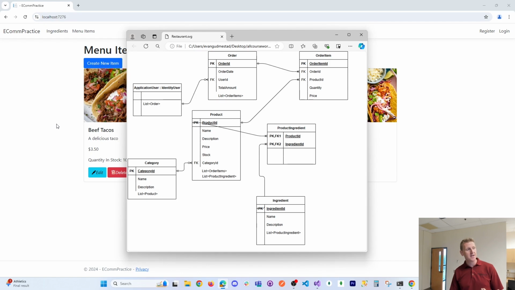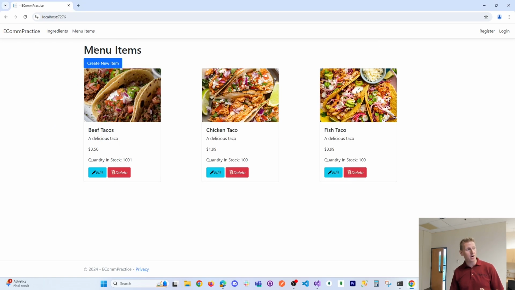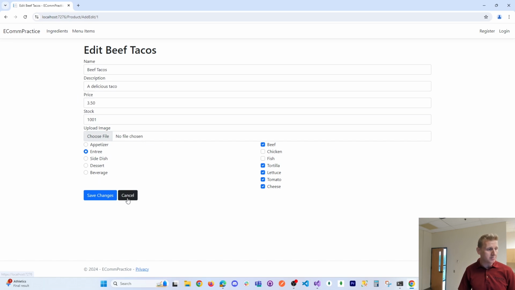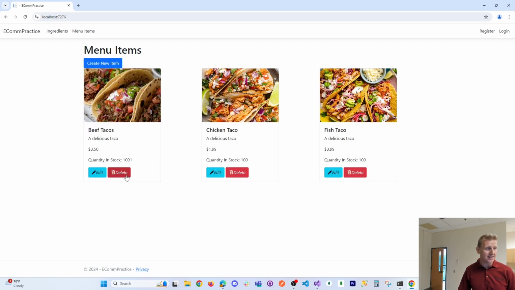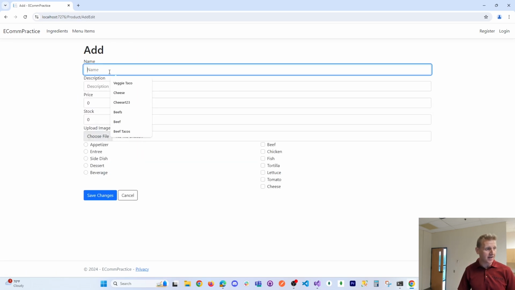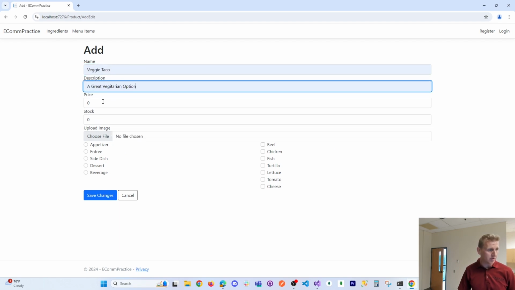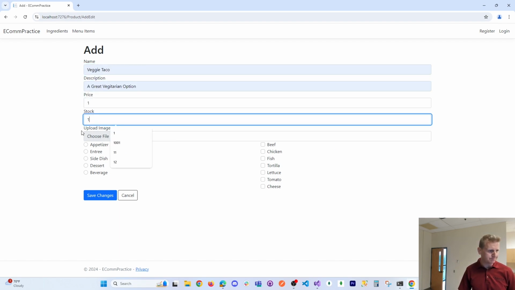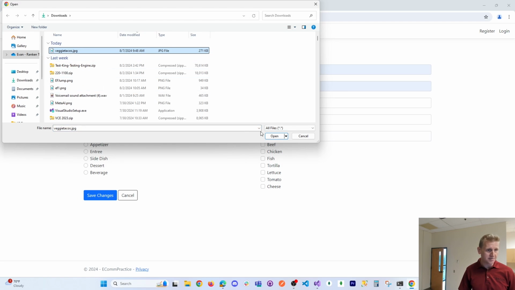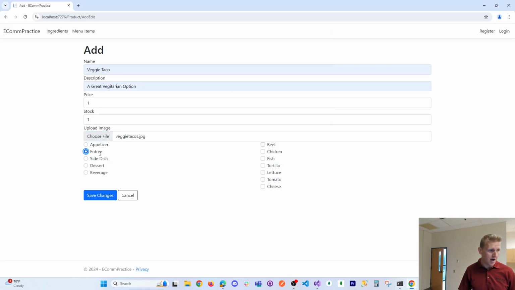To give a glance at this, our products are going to be our menu items. Here are 3 products, and you can see that we can do CRUD operations. We can create new menu items, we can edit menu items, and we can delete menu items. If I demonstrate what we're going to create here, we can create new entrees,